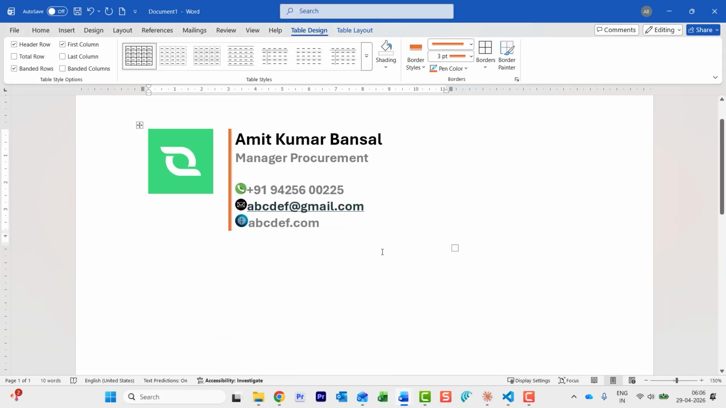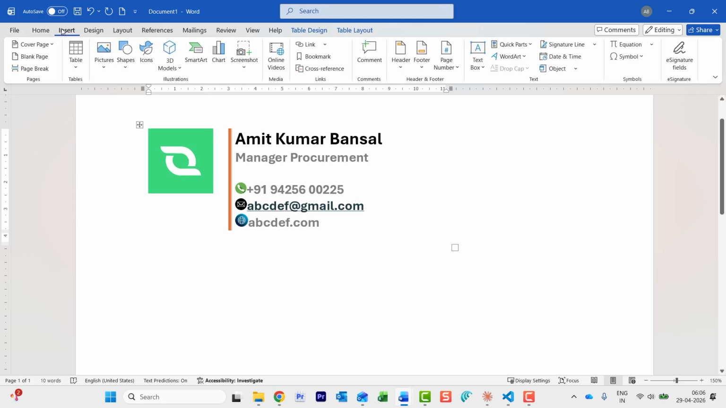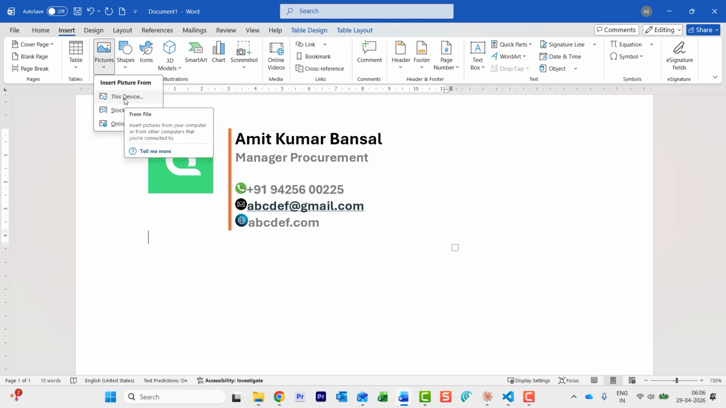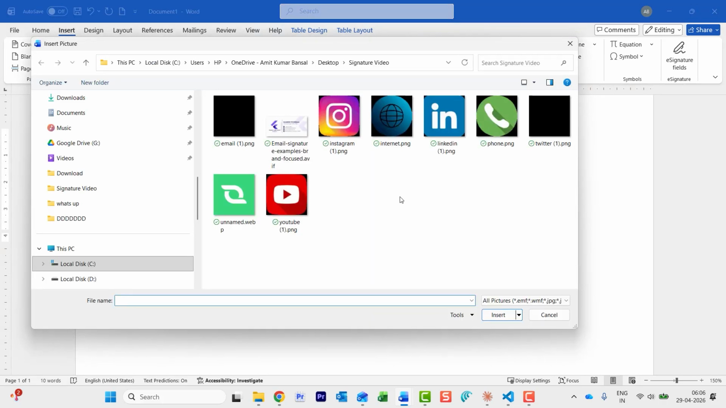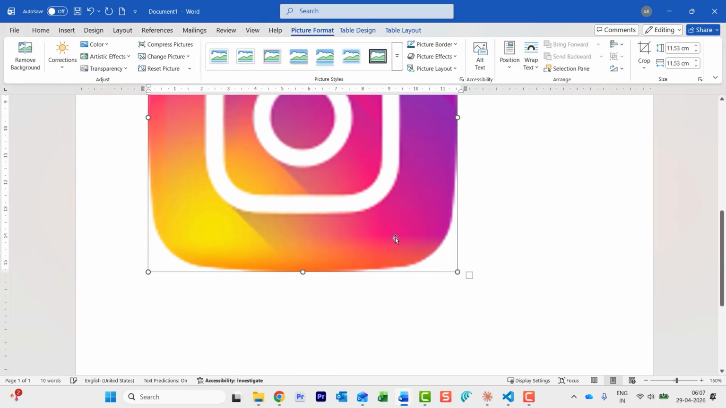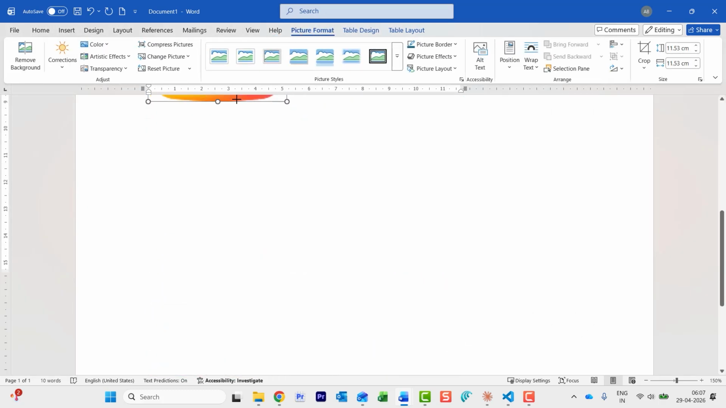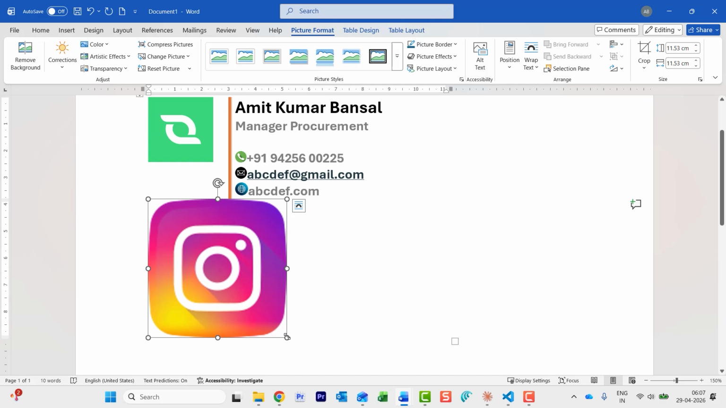Now for the fun part, click inside the bottom merged cell. Go to the Insert tab once again, Pictures, This Device. Now you have to select your social media icons one by one, insert them and shape them as I have told you above. So I first take Instagram, double click on it. The size is very huge. I need to again use the corners to make the size smaller,